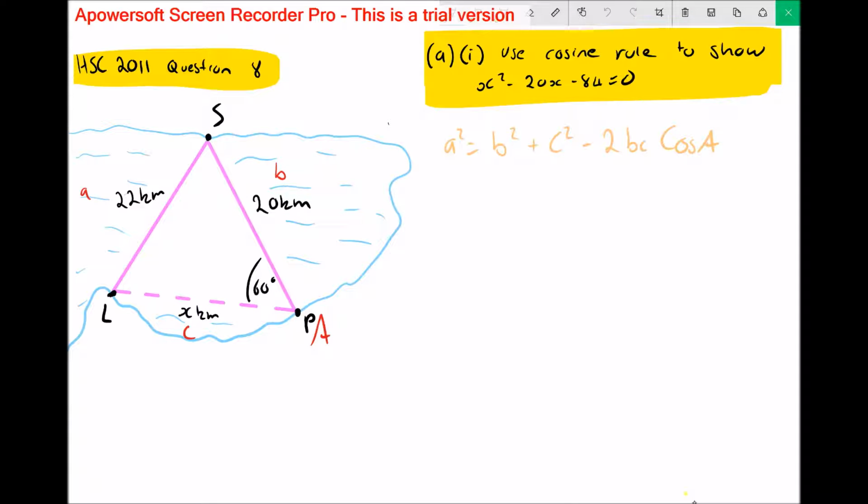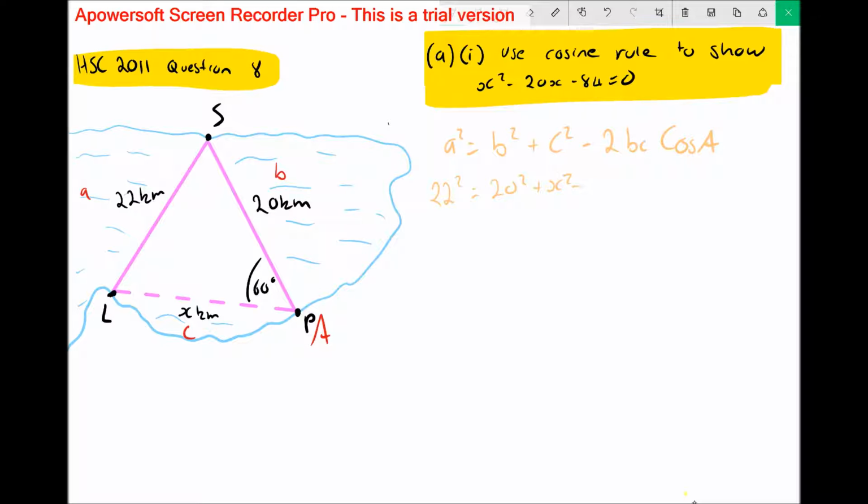This is an HSC question from the 2011 HSC, question 8a, which uses the cosine rule. So the first thing we're going to have to do is identify that we need the cosine rule, and we know that because we're given two sides and an angle. So first thing we're going to do is state the cosine rule, and then substitute in the values given from